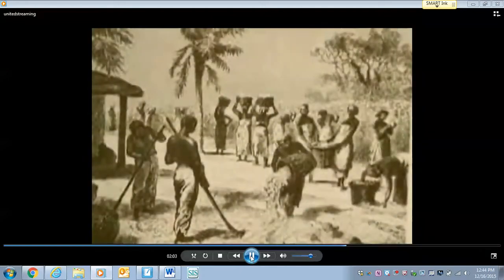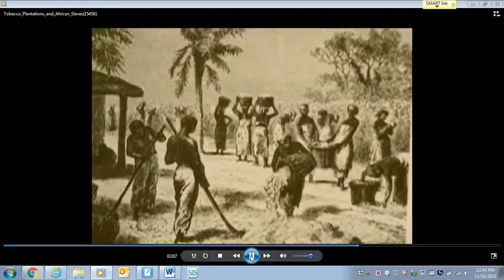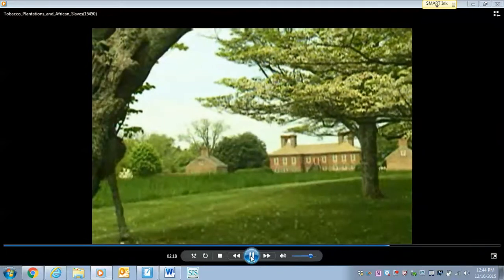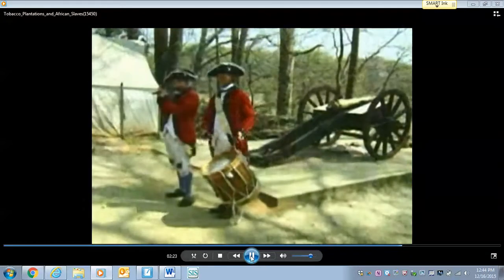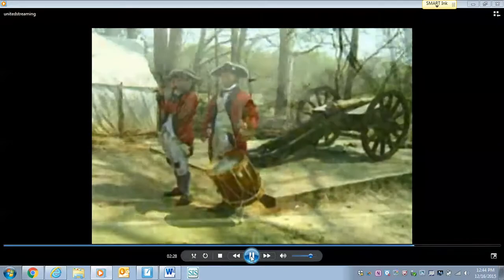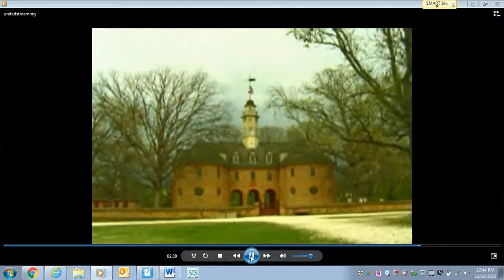Unfortunately, 1619 was important for another reason as well. It was the year the first African slaves were sold to Virginia tobacco planters by a Dutch trader. After that, thousands more slaves were put to work in the colony's plantations, and this allowed their owners to live in fantastic luxury.